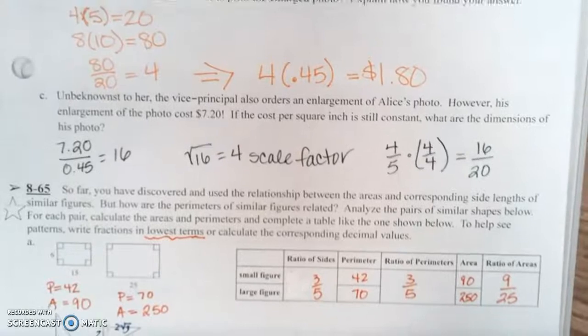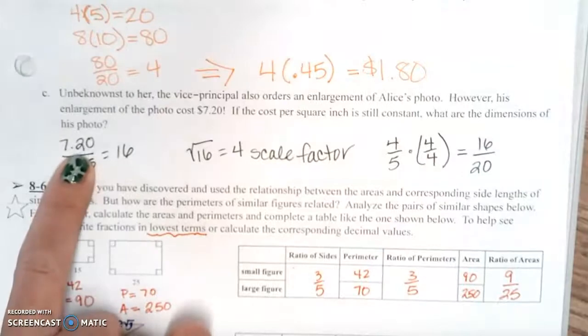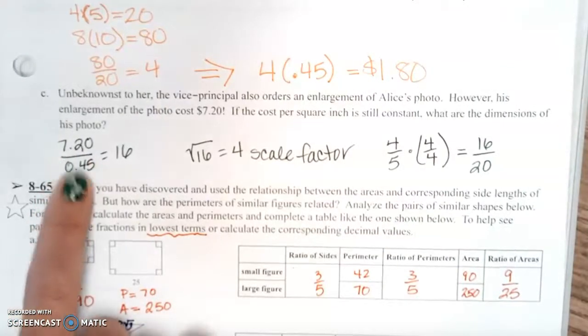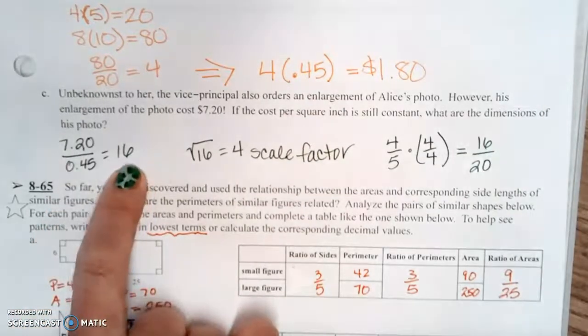All right, part C says, unbeknownst to her, the vice principal also orders an enlargement of Alice's photo. However, his enlargement of the photo costs $7.20. If the cost per square inch is still constant, what are the dimensions of the photo? Okay, so you're going to take the $7.20 that the vice principal paid, divide it by 45 cents per square inch. That means it's 16 times the size of the original